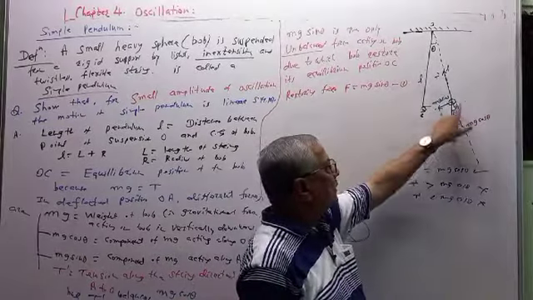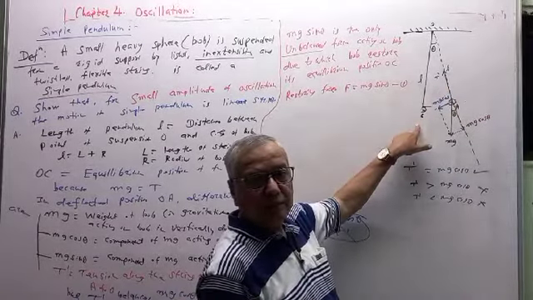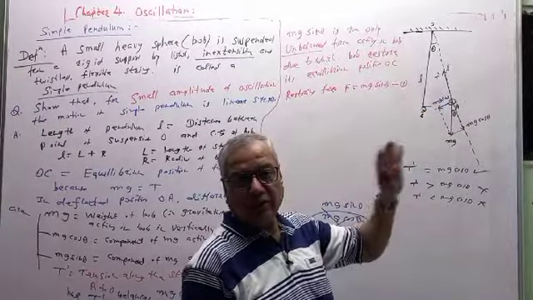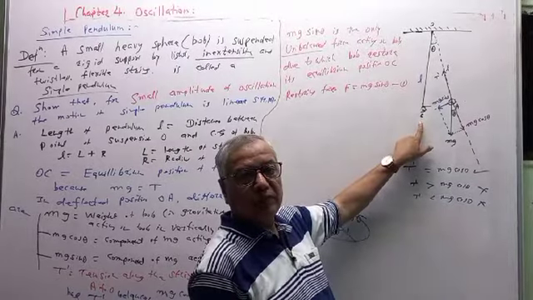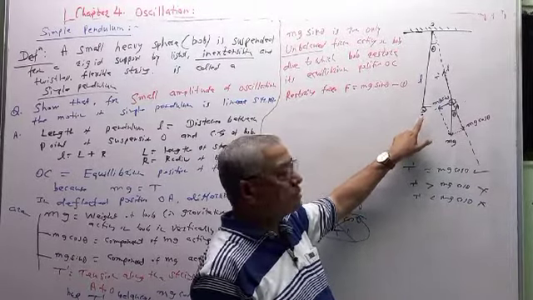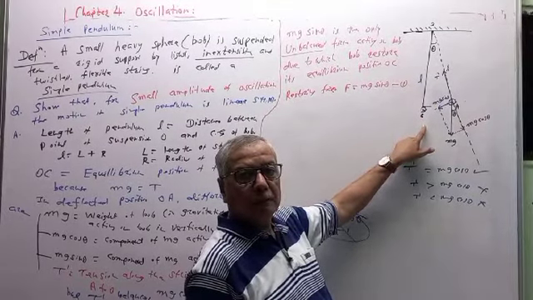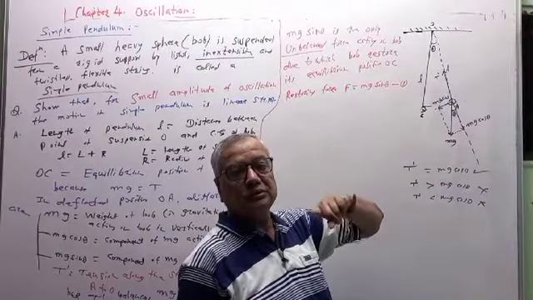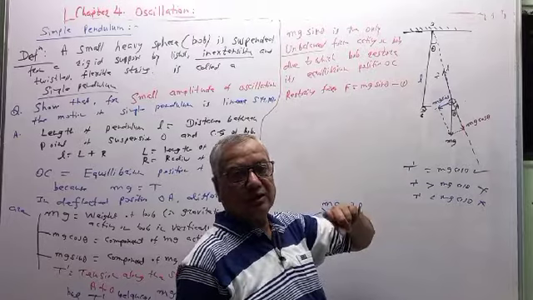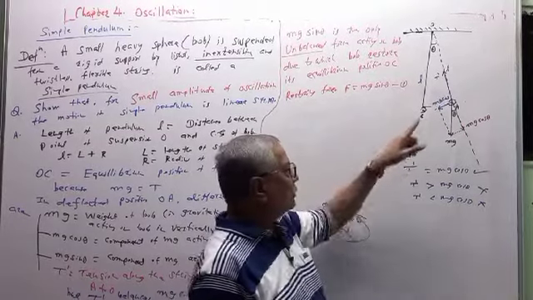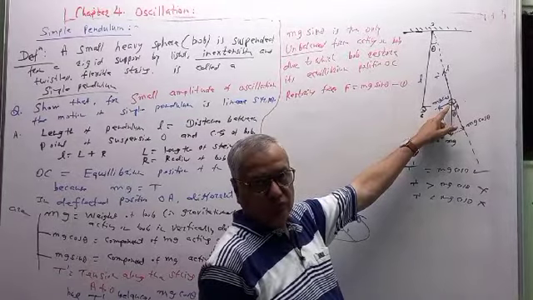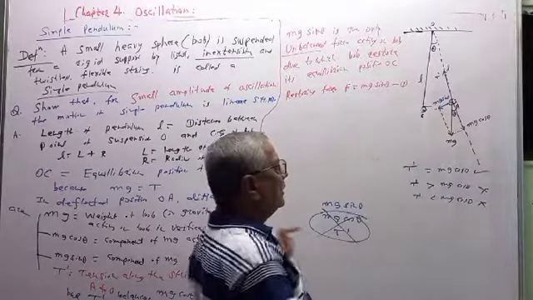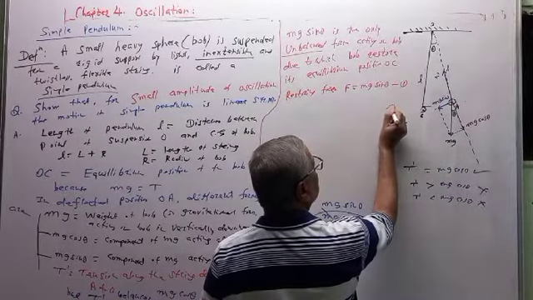So these two forces again cancel in the equilibrium position. mg sin theta will become 0. So there is no net force acting on the body. Therefore C is called the equilibrium position. Now when the force is 0, the bob should stop here, but it does not stop. So when it goes from A to C, it has acquired motion, and the inertia has a very important role in SHM. Due to the inertia, the bob of the pendulum will continue the motion after crossing C, and it will go to the other extreme position B.